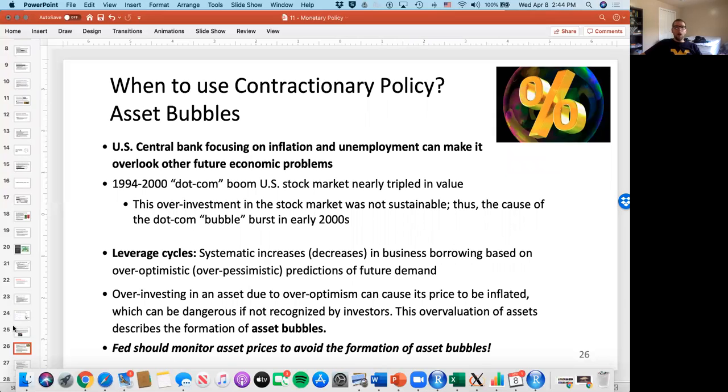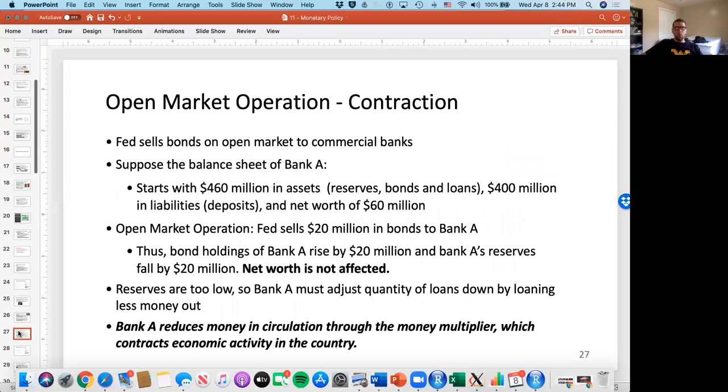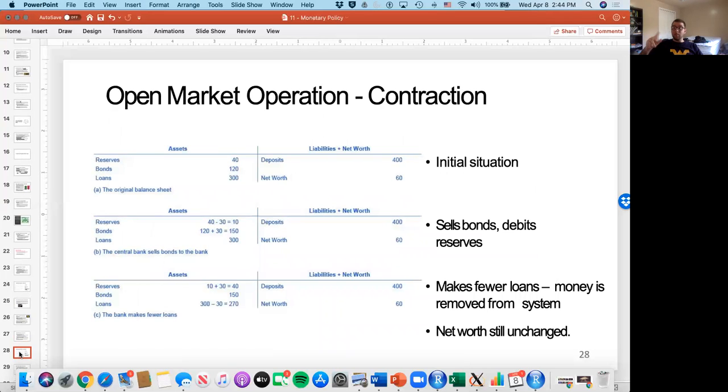If you go in the opposite way, if you want to be more contractionary, instead of buying bonds, the Fed is going to sell bonds. Similar idea, initial situation, quite similar to the example before. So if the Fed wants to contract the economy, it's going to sell bonds. So you're going to sell 30 bonds